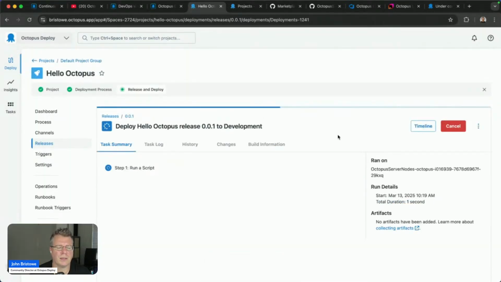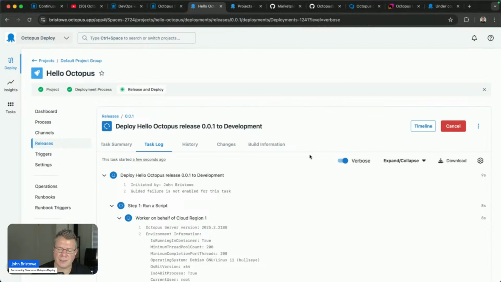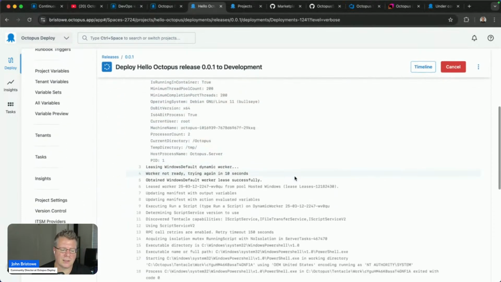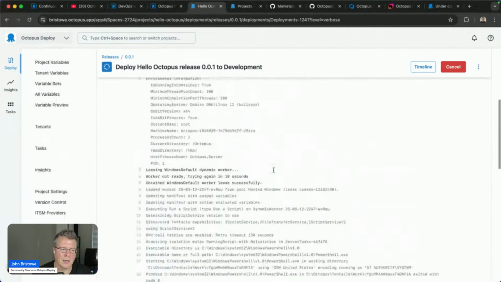When you do a deployment, you'll get a full audit trail of the deployment itself, including a detailed task log. This is really important because this is often a requirement for a lot of organizations. They want to know who did the deployment, why they did the deployment, when it was executed, and what changes were impacted, etc. These and other capabilities will be audited as part of the audit log, as part of the release itself. And you'll notice that this release is conducted against a worker pool that we have available. So we have a worker pool and a worker as part of this that we execute.